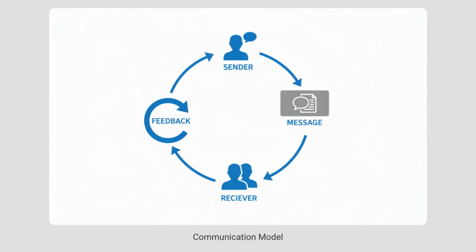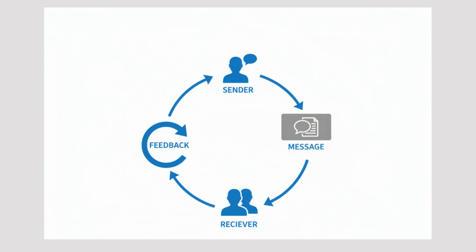Then you have the receiver. That's the person you're speaking with. That's the person you're trying to share that information with, share that knowledge with, express those feelings towards. They receive the message that you're sending. And then that fourth component, and this is where challenges come in. It's called feedback because once the receiver gets your message and they're going to speak and share information with you, that's what we call feedback to express whether they understood what you said, how they felt about what you said, and a variety of different things. So, those are the four basic components of what we call a communication cycle.